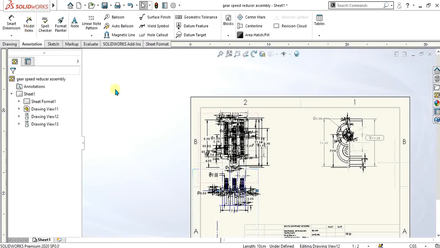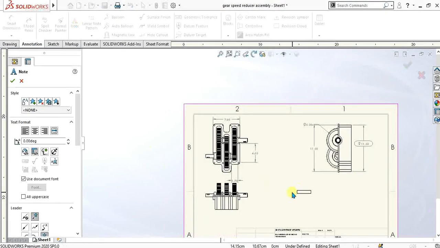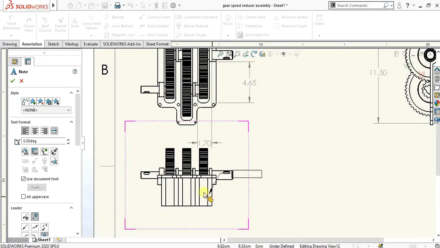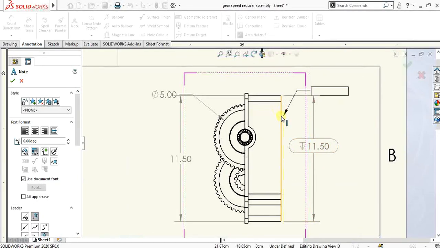Now we will see what notes are and how we can add notes to the drawing view. Select this note button and select any edge you want to point out your note. Like this is our gearbox, and I want to give a heading to this gearbox.